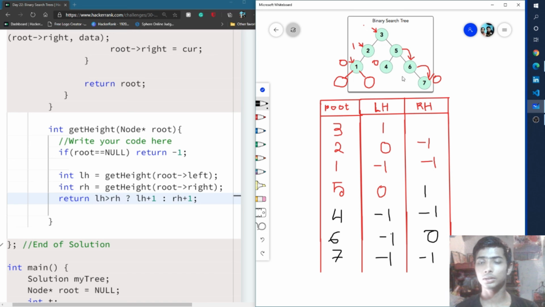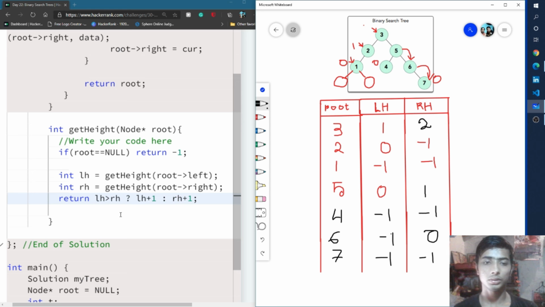So the 5 is the right node of the 3, so we simply put 2 in the right height, so that means the left height of the 3 is 1 and the right height of the 3 node is 2. So we simply determine the maximum between 1 and 2, that is 2. So we simply return 2 plus 1, that means 3. So finally we get 3 at the output screen.